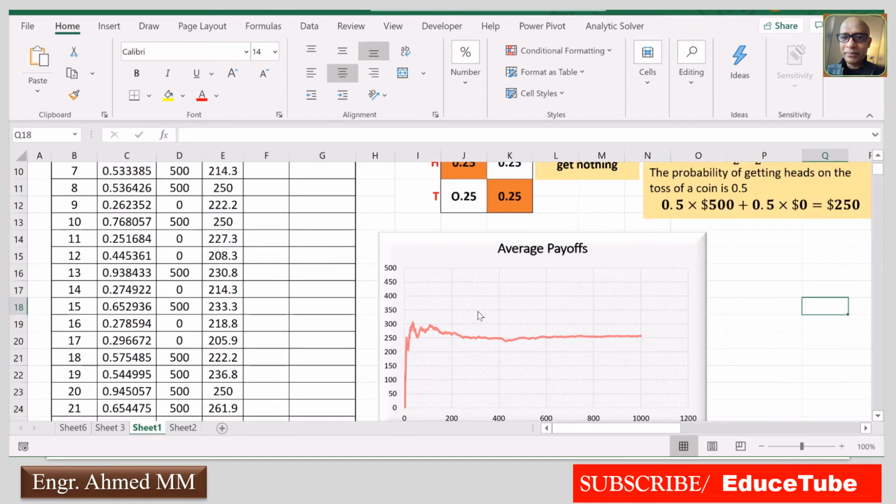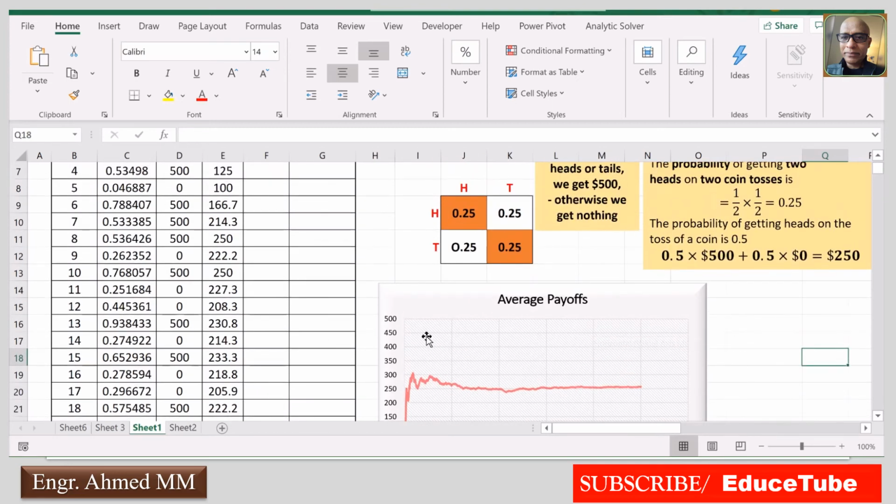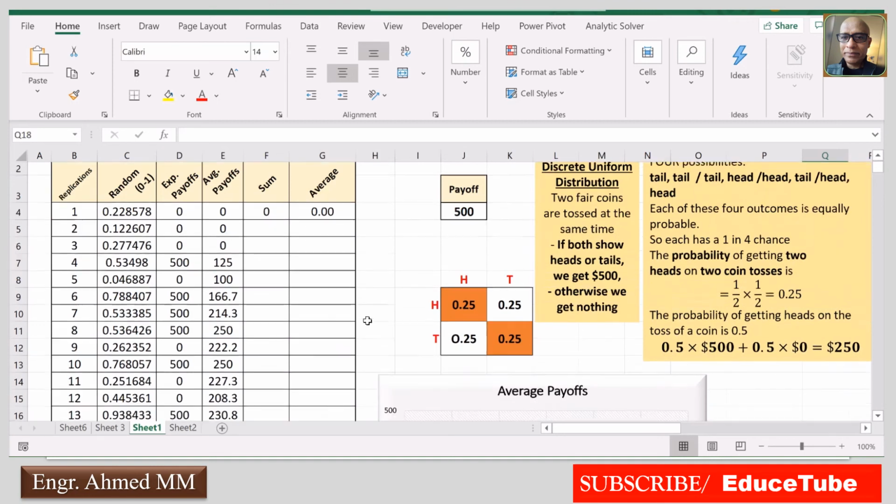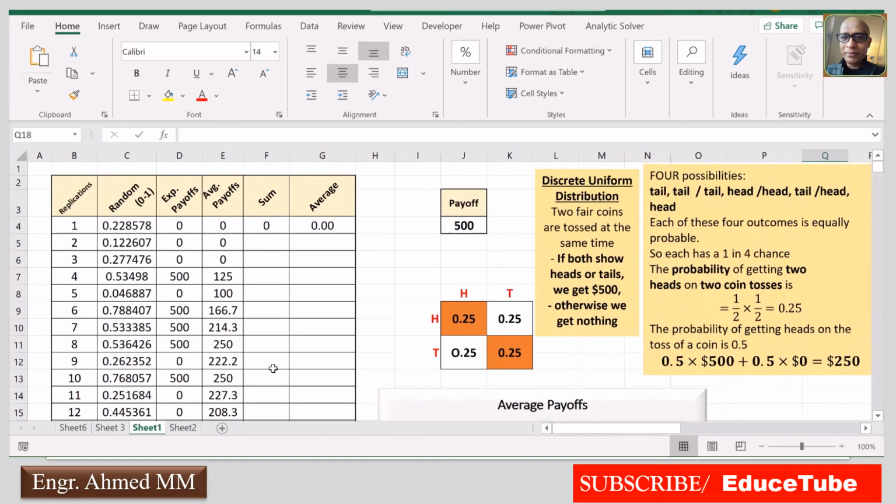Now this is the graph. It looks very nice now. And see, 250, that's what I showed you, all the values are 250. And now this is done with the graph I explained already.